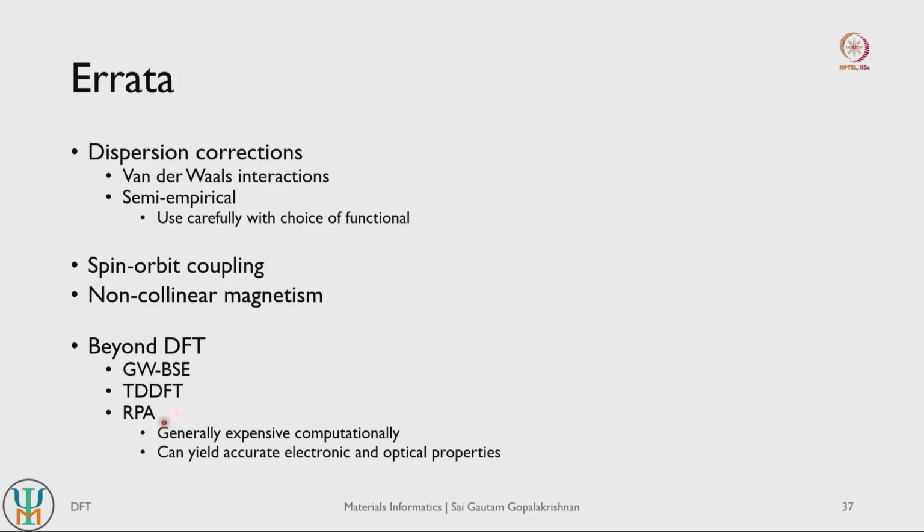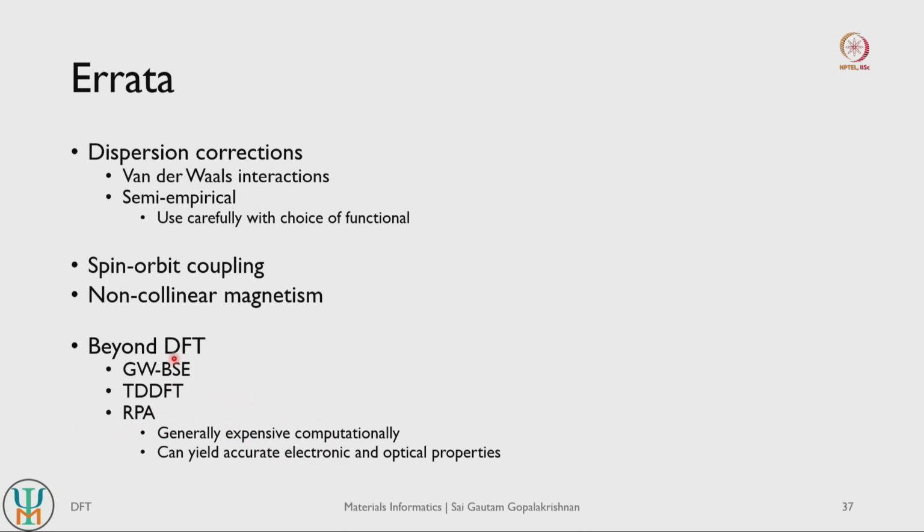You can also go beyond DFT in terms of calculations if the properties of interest demand that. So if you want more exact band gaps, for example, fundamental gaps, you would probably need to do some amount of GW calculations. If you are interested in electronic transport, excitons and so on, then you may need to solve the Bethe-Salpeter equation also. If you are interested in how electronic states are evolving with time, then you may have to do time-dependent DFT calculations. And if you want to get as close to an exact treatment as possible, then you could consider the random phase approximation.